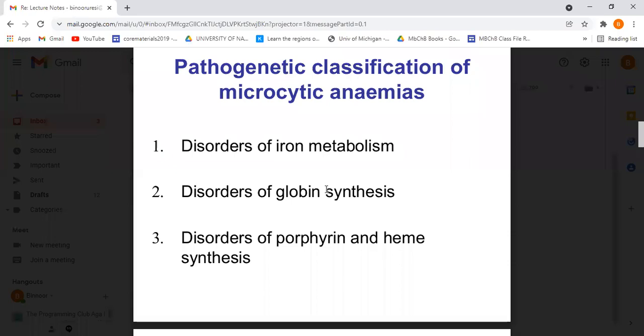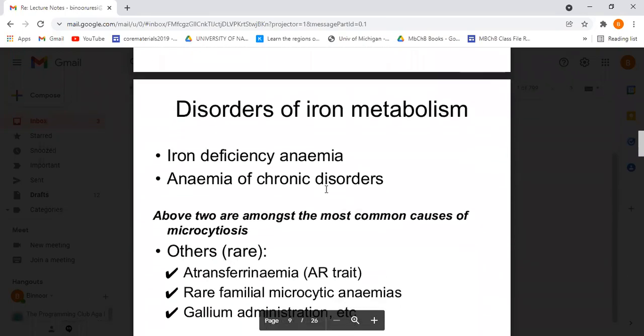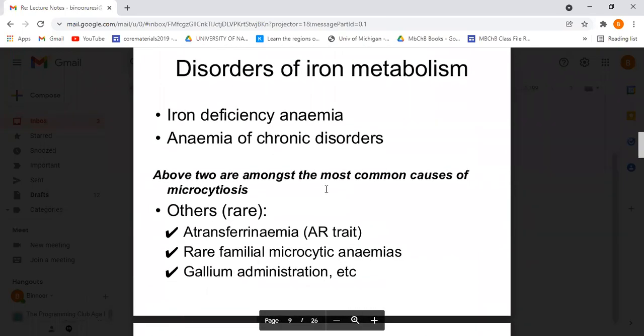the disorders of the iron metabolism, disorders of the globin synthesis, disorders of the porphyrin, and the heme, that's the protoporphyrin that we talked about. So any disorder in any of those three things will cause an abnormal cell, which is a microcytic hypochromic cell. Next slide. So we should start with the disorders of iron metabolism. So what can go wrong with iron